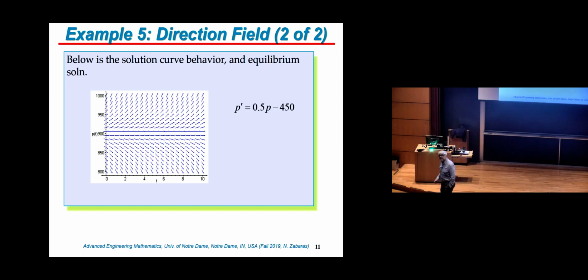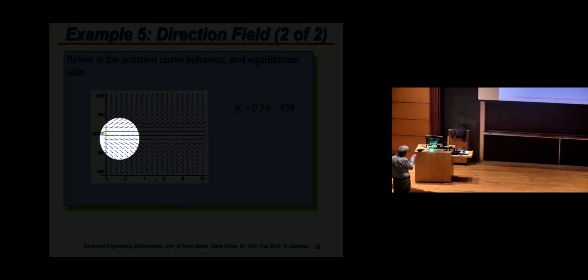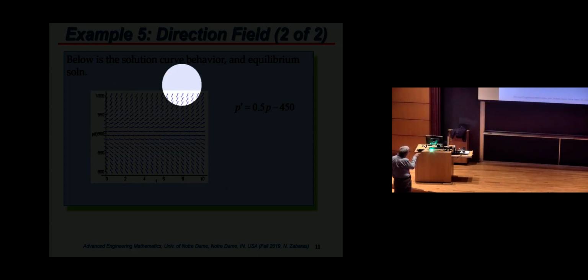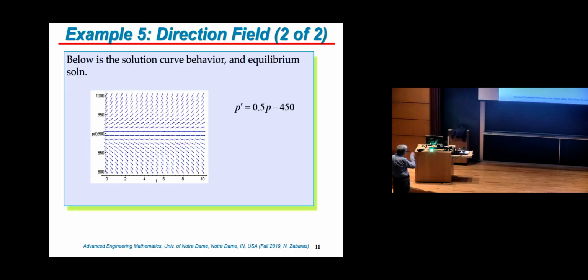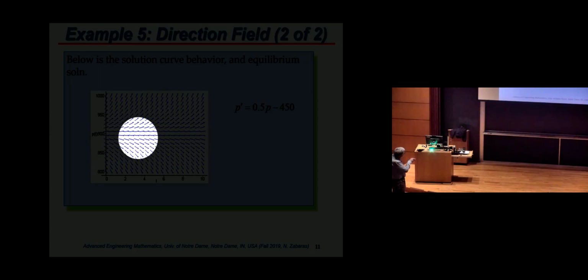Looking at this picture, if you start with 880 mice in your city, or in your town, or in your building, what is going to happen if you start with that and you trust that this direction field is correct? You can actually put different pieces and you will see what you get. This is what you get. So if you start with 880, what does this diagram tell you? It will decrease. Actually, you can see it. There is an exponential decrease here.